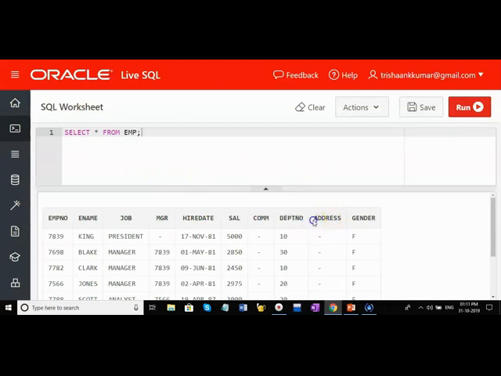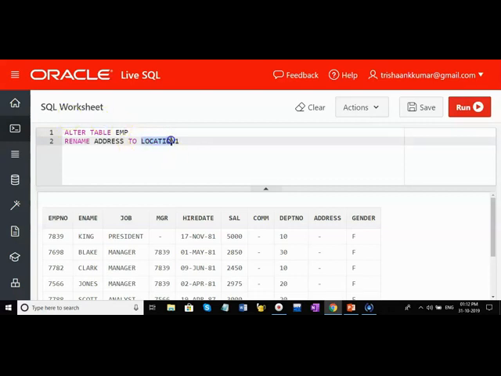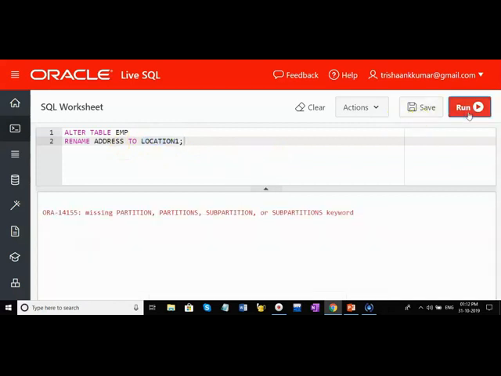We have a column called address. So this address column, my requirement is that I have to rename to location. So how can I do that? Alter table emp, rename address to location. Location, I think it is a keyword, that is what is showing in color. So address to location 1. I have renamed the column name address to location 1. So after execution of this statement, all the operations ought to be performed with the new name. Again, if you try to manipulate with the old name, it will show an error that it is unable to recognize. So now you should perform all the operations with the new name.